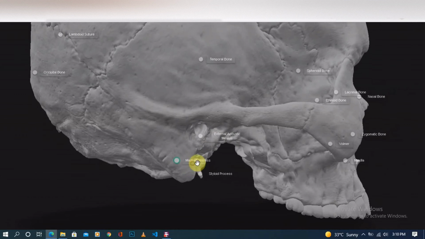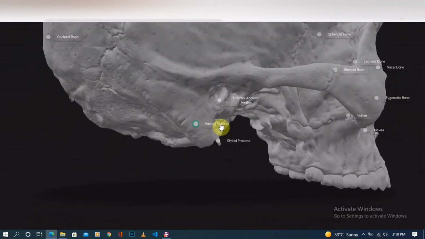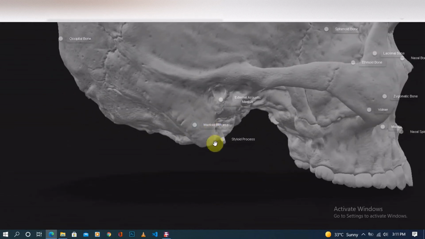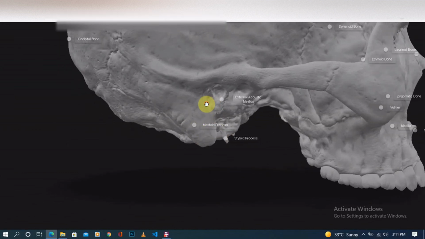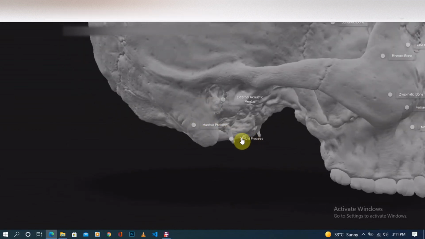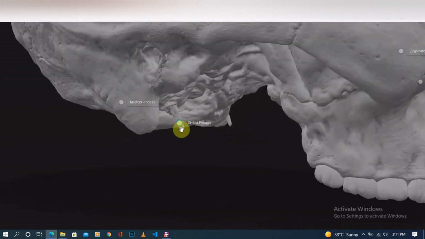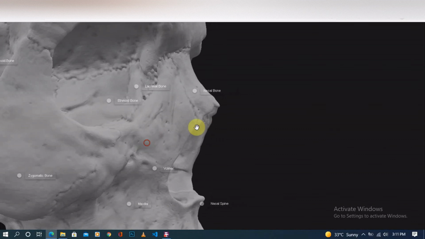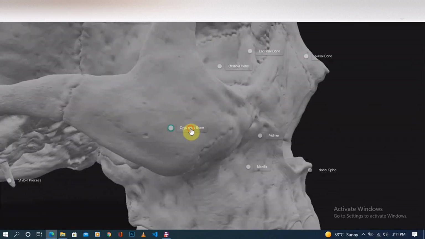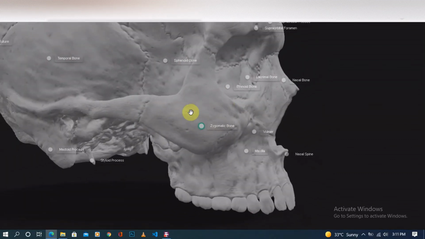And then we have our mastoid process, again where muscles will be attaching on our ear. If you palpate on the side or the back of your ear, you can kind of feel this bone at the back of your ear. And then we have the styloid process, and again, this is where muscle will be attaching. And then we have the zygomatic bone over here,